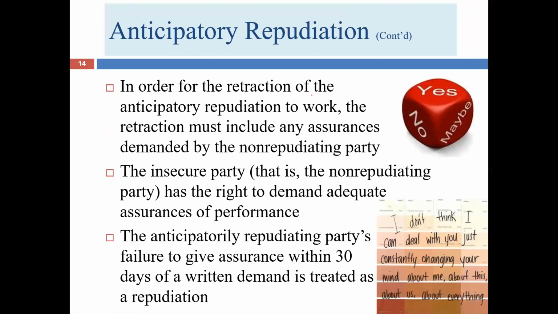So when Dining Solutions retracts its repudiation, let's assume that Anne says, okay, I'm interested in exploring this possibility. Anne might demand some kind of assurances. She might say, well, take a picture of these yellow tablecloths. My order calls for 10. I want to see these 10 sacks of tablecloth that are yellow spread out, and you take me a picture and you email it to me. That would be an example of the type of assurance that might be appropriate. And so that would be one way that Dining Solutions would be able to demonstrate that it is going to be able to satisfy the terms of the contract. Because naturally, Anne would be a little